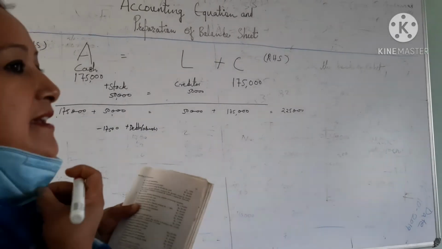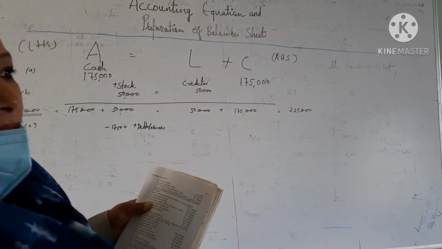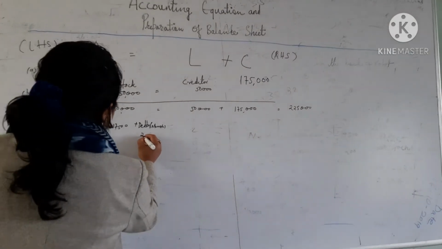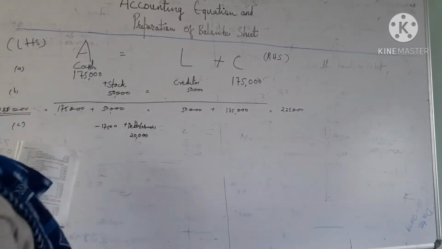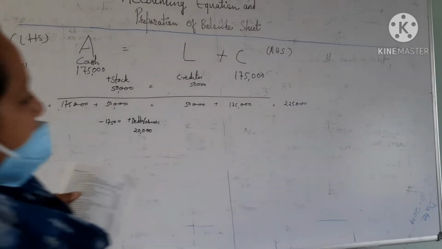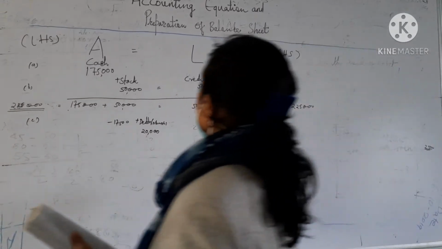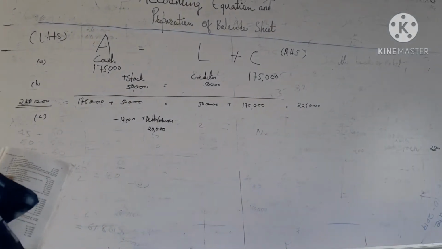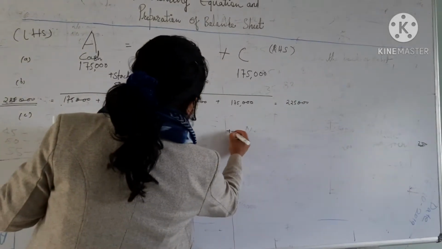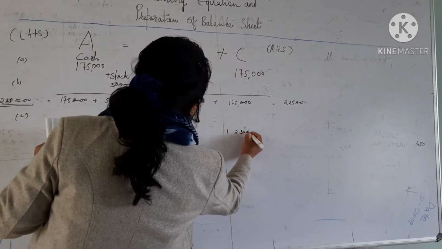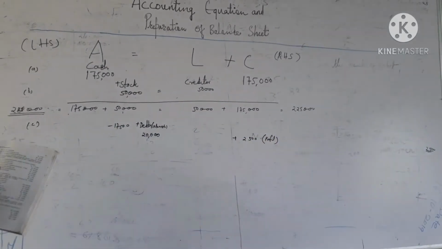Cost is decreased, okay? But when the debtor has to pay, how much will he be paying? 20,000 he will be paying. So we write here 20,000. So here there is a difference of some amount. What is the difference? 2,500 is the difference. What does that difference indicate? Is it profit or loss to the business? Profit to the business. So we add it to the capital, thinking that this is the profit to the owner. Okay. So this much is the transaction.